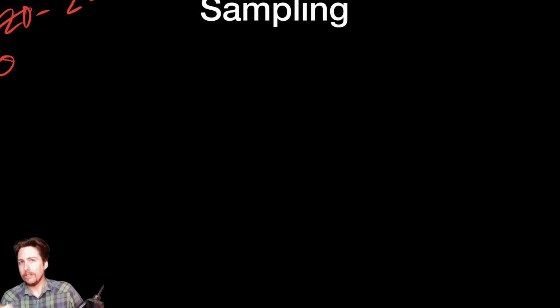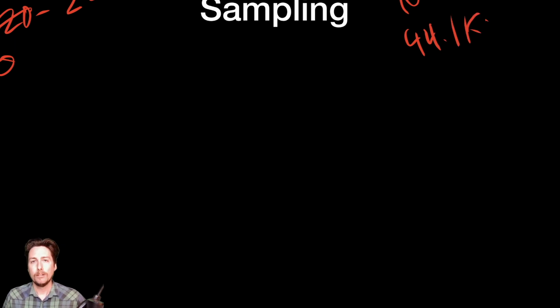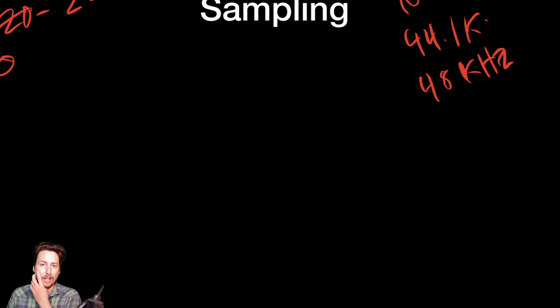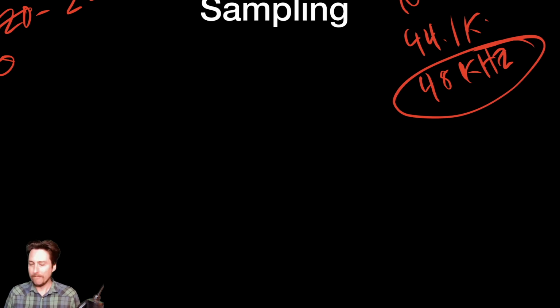All right, so what's the sampling rate that I need to record 20,000 hertz? Well, I need to at least record at 40,000 hertz. I would like to record a little bit more than 40,000 hertz, and conveniently, CD audio quality is recorded at 44.1 thousand hertz, right? And film audio quality is recorded at 48,000 hertz, or kHz if you're into the notation, right? So this is kind of cool. We know that we can record the frequencies that are available to our ears with either of these sampling rates. I've lately become more favorable towards 48K because it lines up nicely mathematically, but also because it gives me a few more thousand hertz of